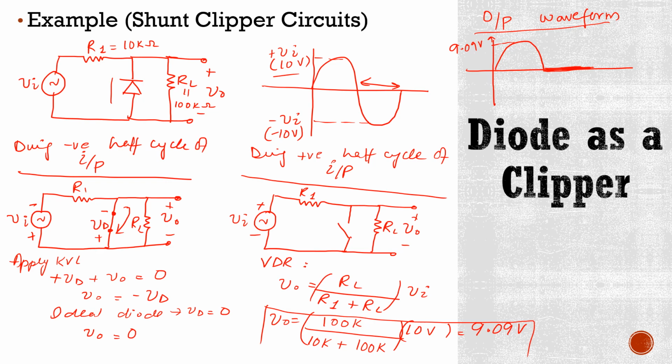So it is an example of shunt negative clipper. Okay,